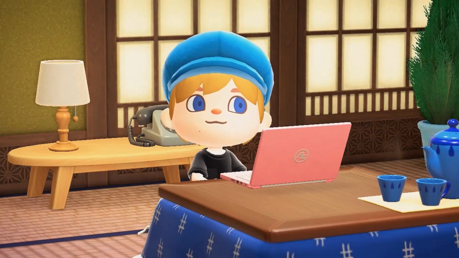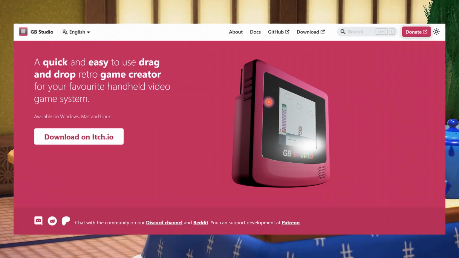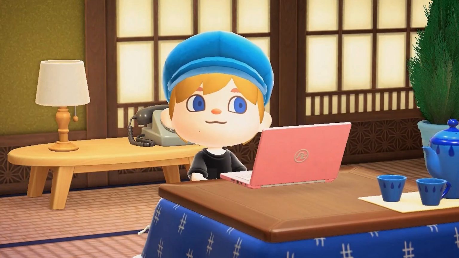So what can be done about this? Well, several things can be done about it. If you're interested in writing a game that is easy to preserve, I highly recommend getting into homebrew development. It's a lot easier than you might think. GB Studio is a drag-and-drop solution that could allow anyone to make a real Game Boy ROM without any code. And if you're fine with code, then the Game Boy Advance is one of the easiest consoles to develop for. I've made 4 games myself, and I have other videos on my channel that can teach you how to make